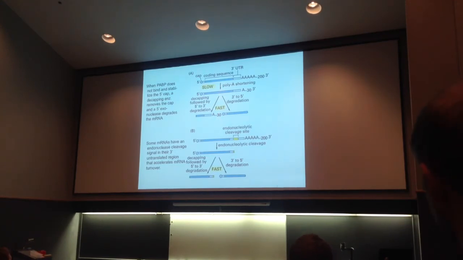Now, I'm not sure why your book does this. It does it in a couple figures, right? Where if you look at this guy and you cut it in the middle, then it flips it. This guy is over here, and this end is over there. Right? There's a poly-A tail, there's a cap. I don't know why they do that. But anyway, once you do that, it takes this part here, and it exposes the 5' exonuclease. Maybe that's why they do it. Here's the 5' end. There's no cap, 5' exonuclease chews in. Here's the 3'